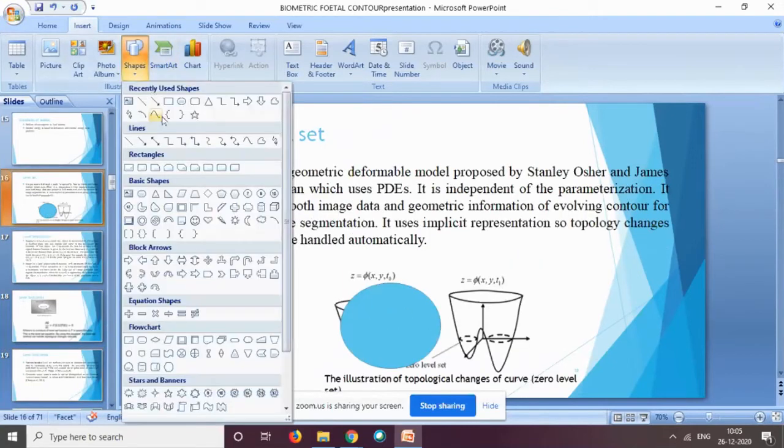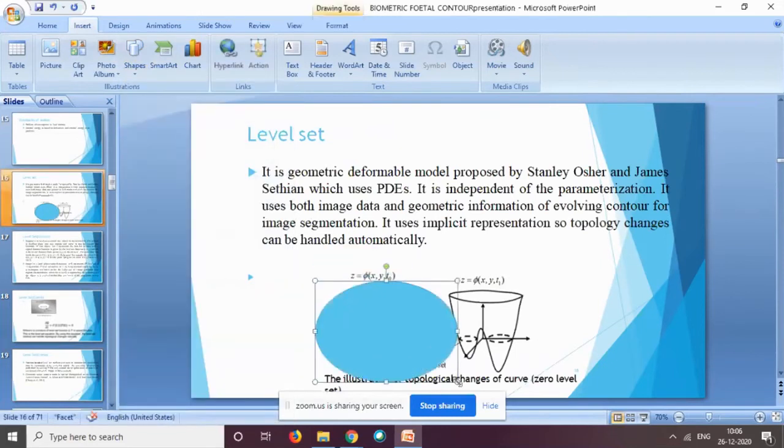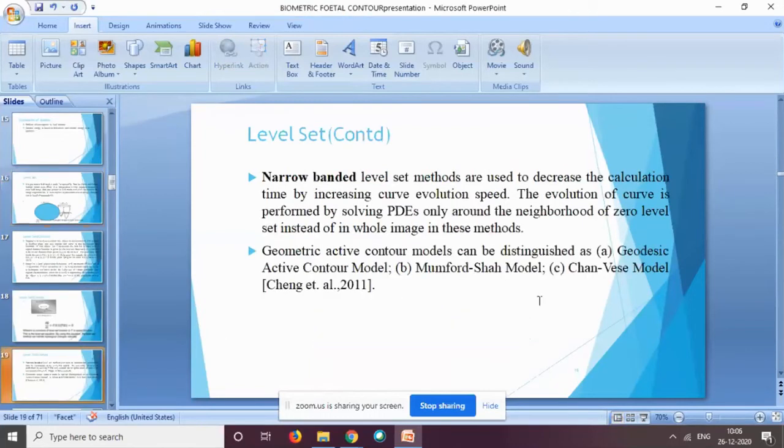One may use a larger circle, but the larger the circle, the more time is required. So in my system, I have just indicated the expected region of interest, and from that the curve will start deforming, so that the time will be reduced.